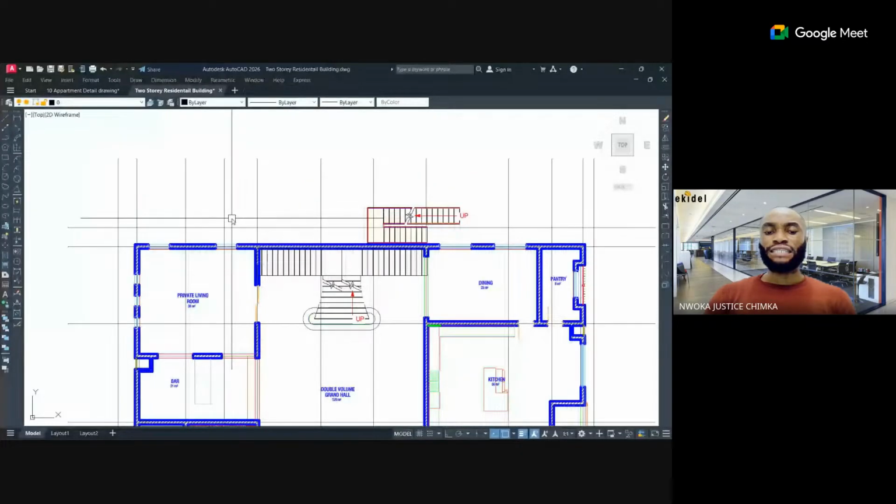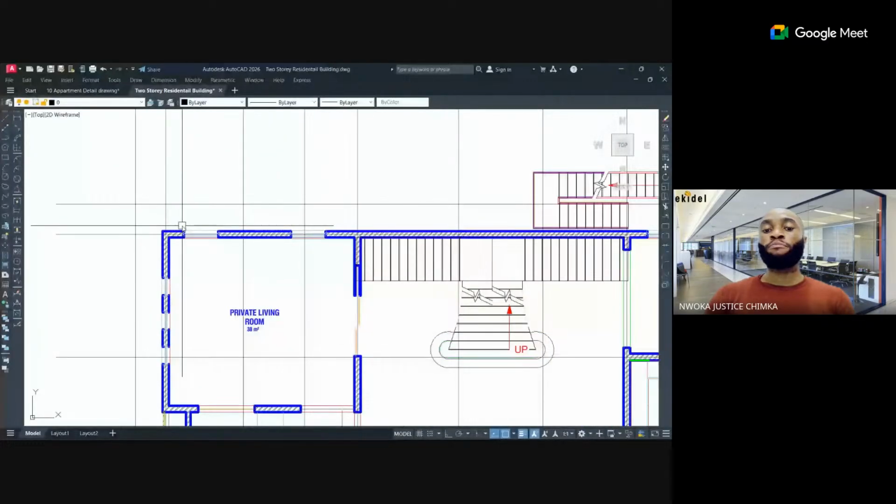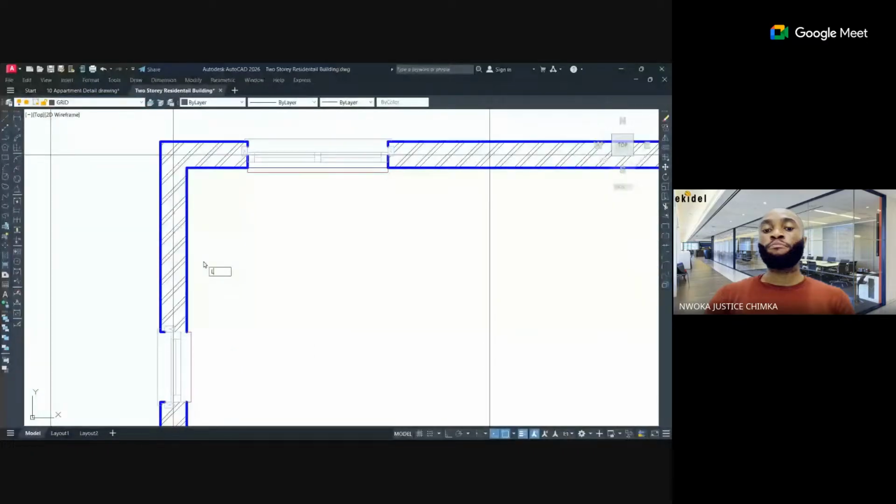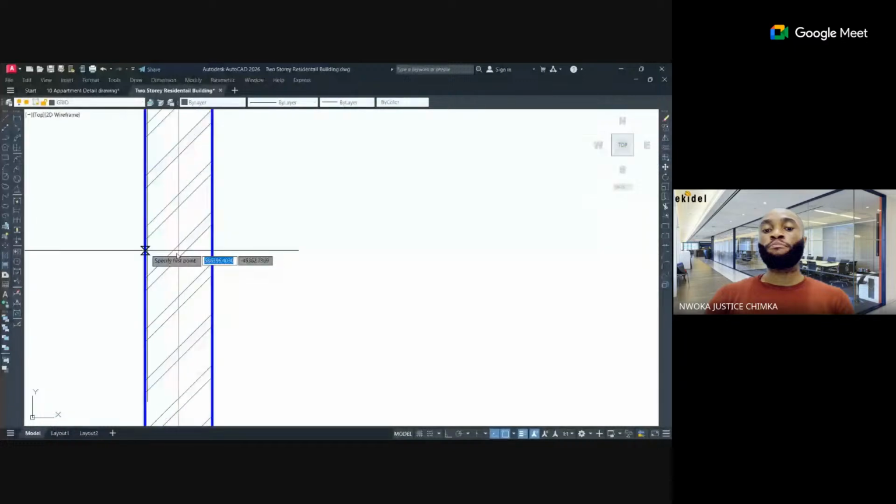Okay. The next thing now we'll do, but if you don't have grid lines on the building plan, what you do is to come here. Once you've created your grid lines, come here and choose the grid, right? And then divide this line, this wall by 2, all right? And then type XL, enter, V, enter, right? And then come and place your